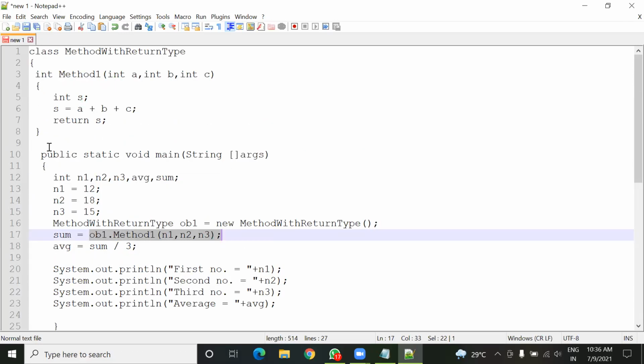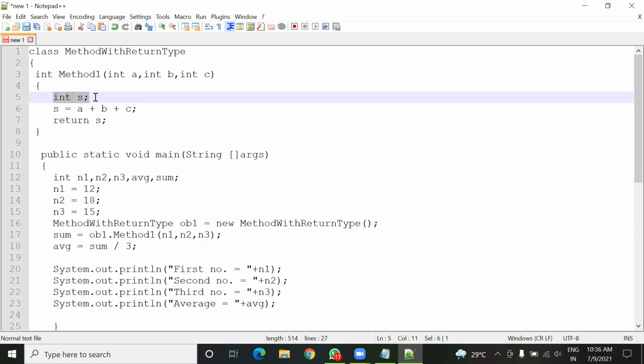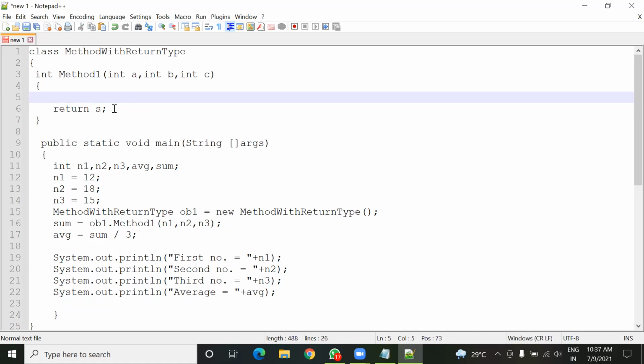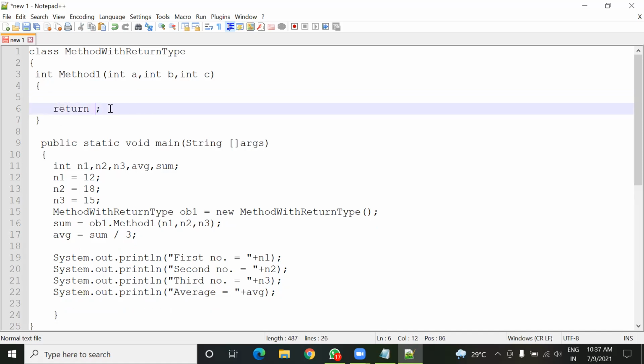Or we can have another option also. We need not declare this variable. Just see here, I'm going to remove these lines, and I'll return only A plus B plus C, like this. I can also do this.